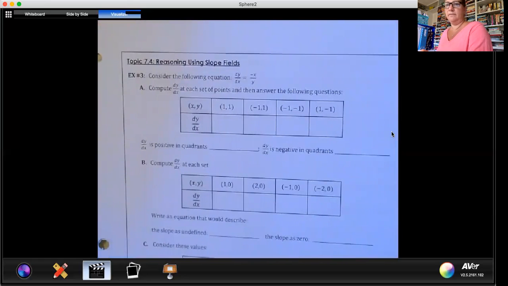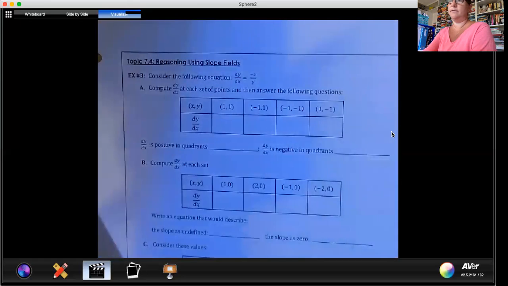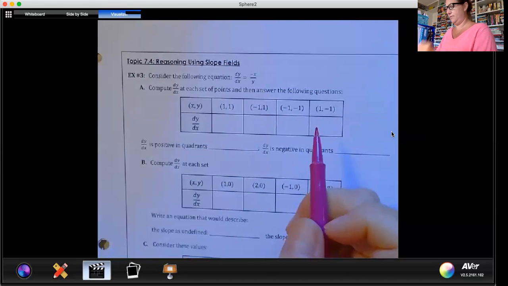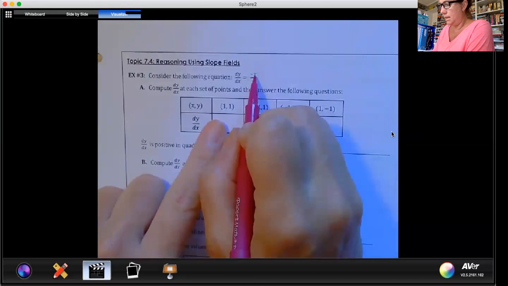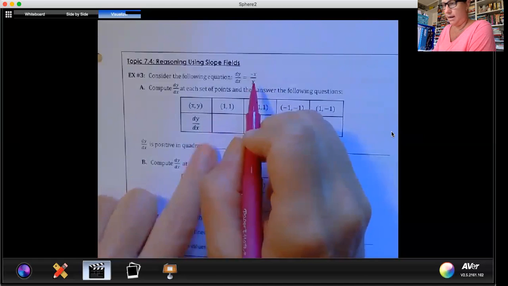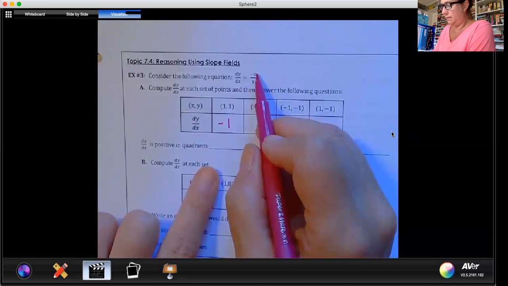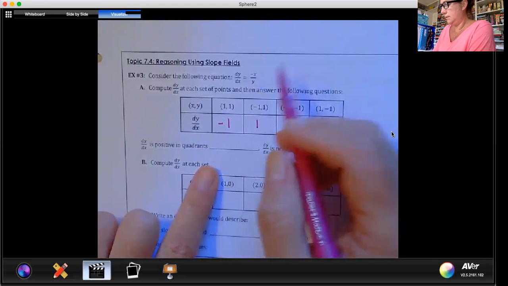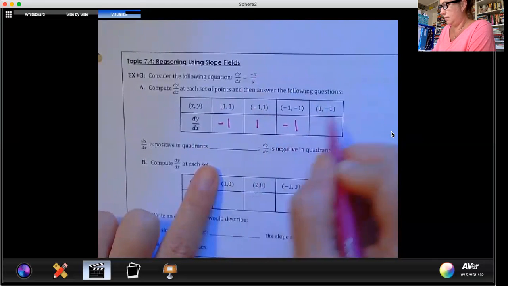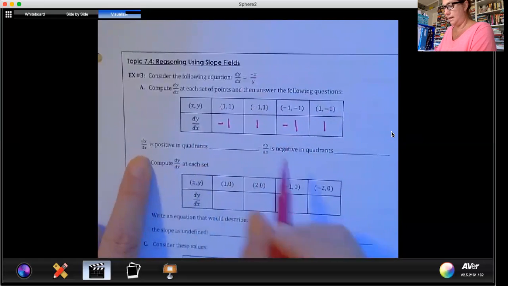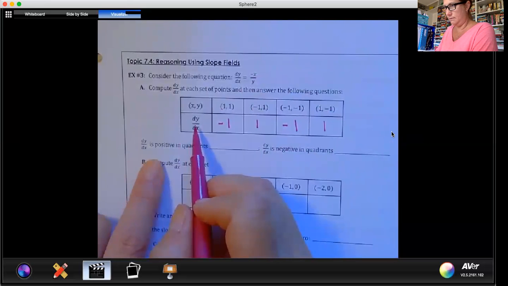Consider the following differential equation, dy over dx equals -x over y. Compute dy dx at each set of points, and then answer the following questions. Okay, so if we plug in 1 for x and 1 for y, we get -1. If we plug in -1, that'd be 1. 1 over 1 is 1. So this would be -1, and this would be 1. So dy dx is positive